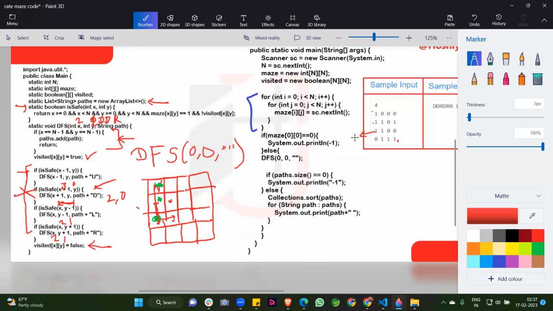If we are blocked in any position, then we come one step back, to the previous position. So guys, we mark this position as visited false, and when it is visited false, then we can go downward to create a route. Okay, so that's why this last condition is for the sake of backtracking.